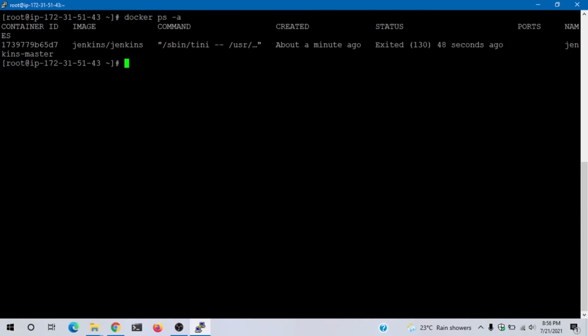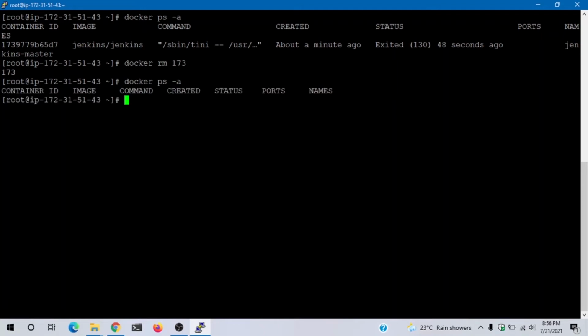Okay, now that we know which is the container which is aborted and is stopping us from creating a container, we can delete this. For deleting, we have a command docker rm and the container ID. We don't need to pass the full container ID. We can just pass the initial first 3 characters and press enter, and you can see that it presented again the same. I'll execute one more time and see if that container is deleted. Yes, that container is deleted now.